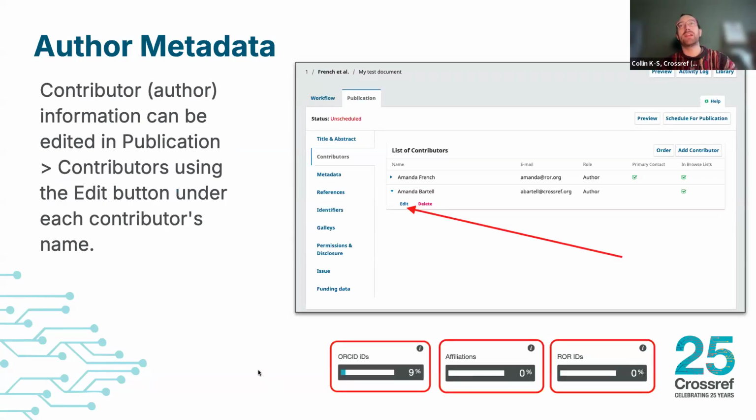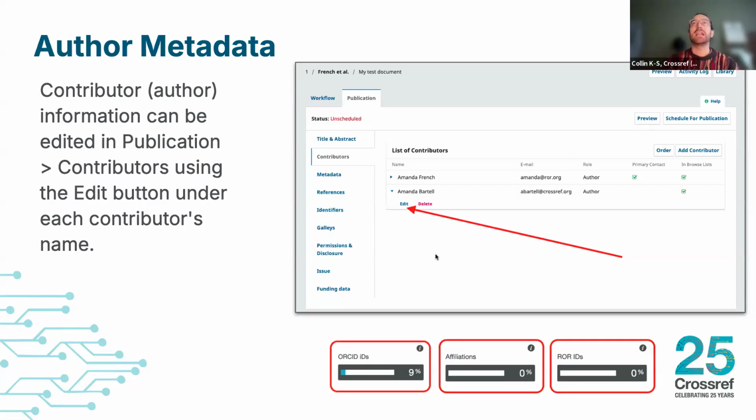Author metadata. So there's three relevant fields here: ORCID IDs, which are persistent identifiers for authors. Super useful if authors publish under different names, change their names for gender or marriage-related reasons, or just if sometimes you're publishing under just your first initial, or if maybe you're sometimes publishing in English language journals and sometimes publishing with your name in a Chinese language journal, for example. ORCID IDs are super helpful. They're a single identifier for you as an author.